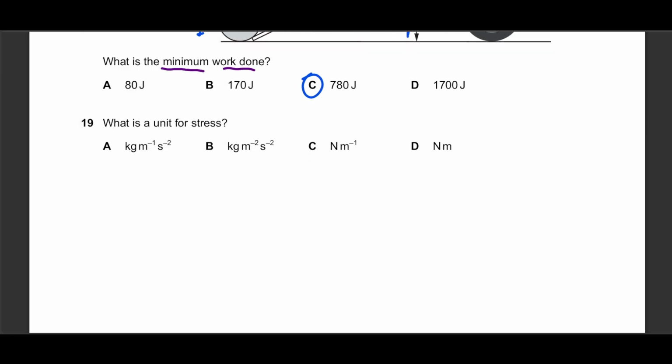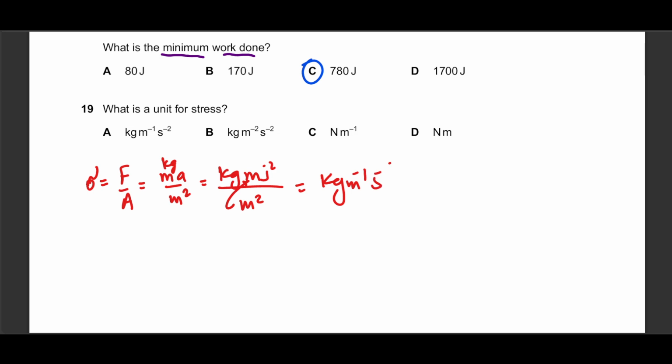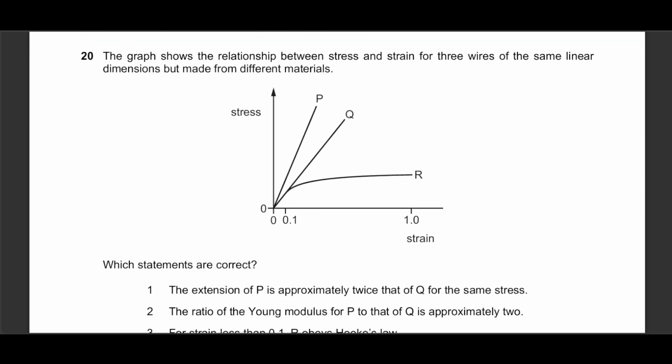Question number 19. What is the unit of stress? Now, stress is actually force over area. Now, force is ma and area is meter square. And this is actually kg, be advised. So this will be kg m s^-2 divided by m^2. This m goes to the top. This becomes kg m^-1 s^-2. So this is option A. Again, this is a very common question, but it should have been at the start in terms of homogeneity of the questions. But anyways, question number 20 says there are 3 wires